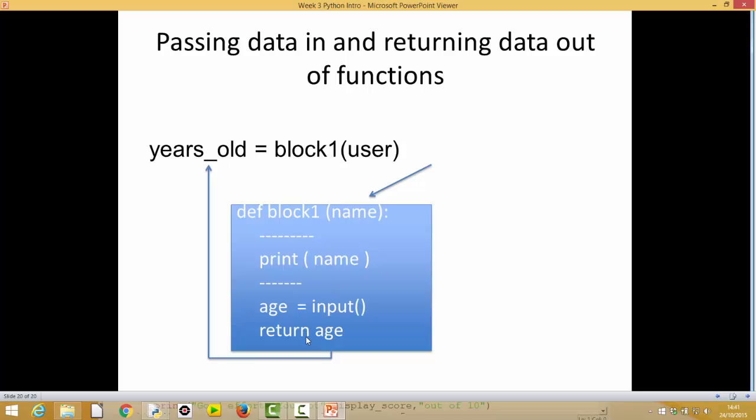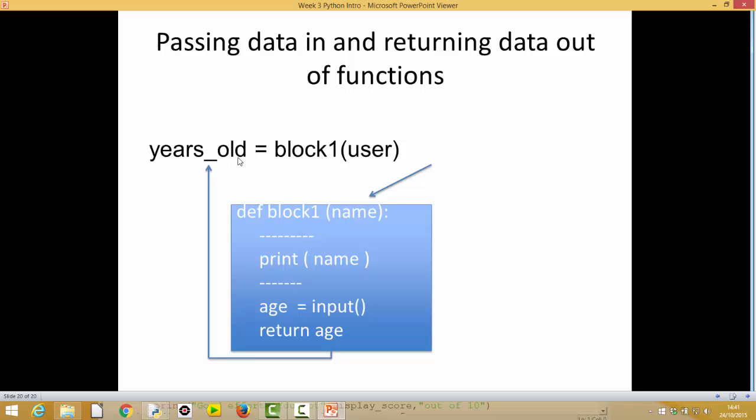When our program ends and it returns the value age, presumably age is, in fact in this case I've not converted it, so it's still a string. I maybe should have converted it to an integer in here. It returns the value age. Where does that go? It's returned to the point here where I called it. So the return value becomes the right side of the assignment statement, and whatever value I return is assigned to